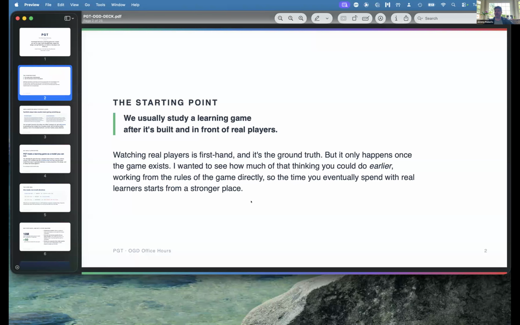I thought there were probably a lot of opportunities in the earlier stages to get some of the harder questions answered, and to learn things earlier that we were learning only after building a learning object, launching it, distributing it to millions of kids, and spending a lot of money to get some of these answers. And maybe, just maybe, some of the answers could be obtained earlier and less expensively.